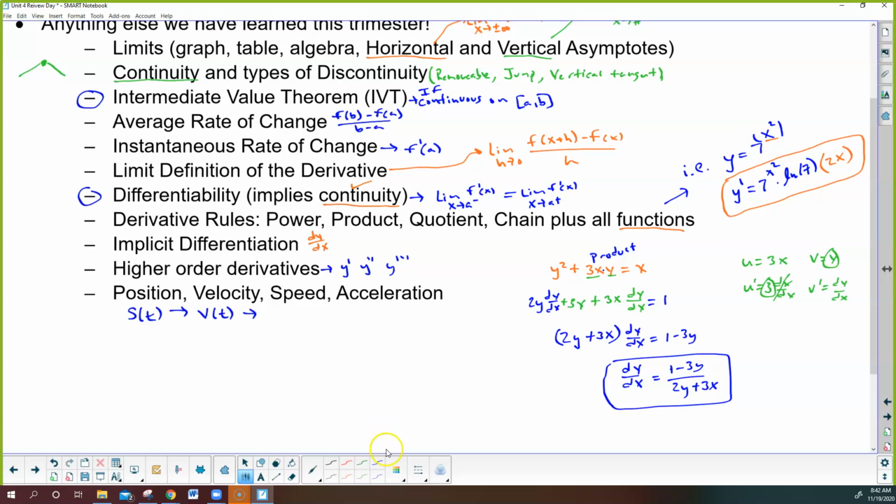And how do we get speed? This is the one that we don't do a ton with, but it comes up. Speed is just the absolute value of velocity. So all I have to do, if I know the velocity, is turn it positive, and that's the speed. And then the acceleration is the derivative of velocity. So maybe I don't like those arrows there, but that's our link. And some people even want to do this,